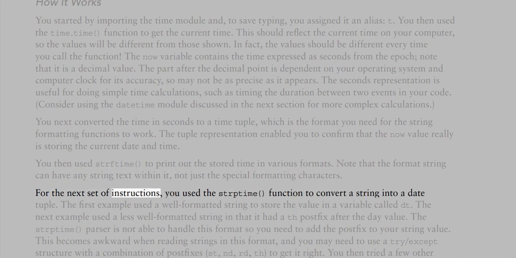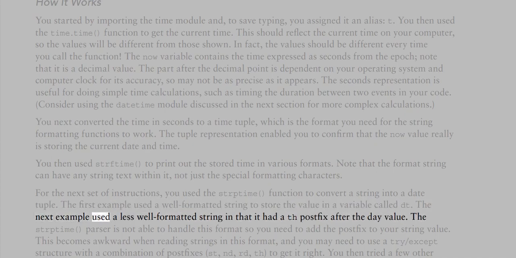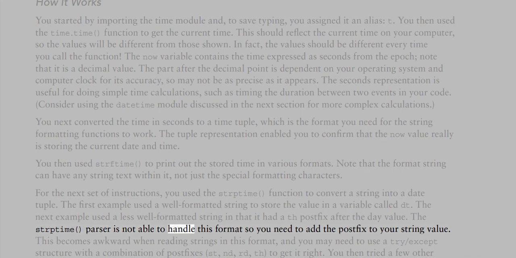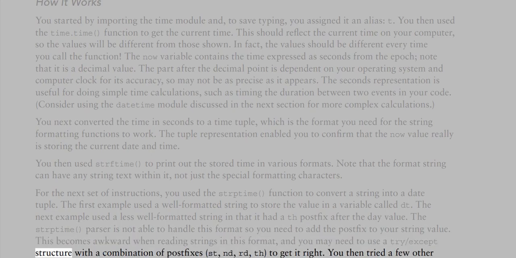For the next set of instructions, you used the strptime function to convert a string into a date tuple. The first example used a well-formatted string to store the value in a variable called dt. The next example used a less well-formatted string in that it had a postfix after the day value. The strptime parser is not able to handle this format, so you need to remove the postfix from your string value. This becomes awkward when reading strings in this format, and you may need to use a try/except structure with a combination of postfixes st, nd, rd, th, to get it